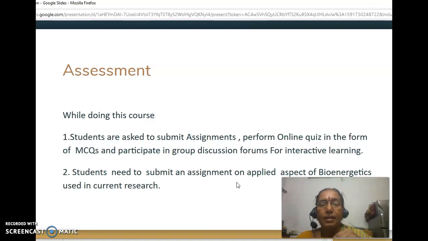Then, in order to have an advanced approach to this topic, they need to search and refer to some journals, to understand how bioenergetics is being used in current